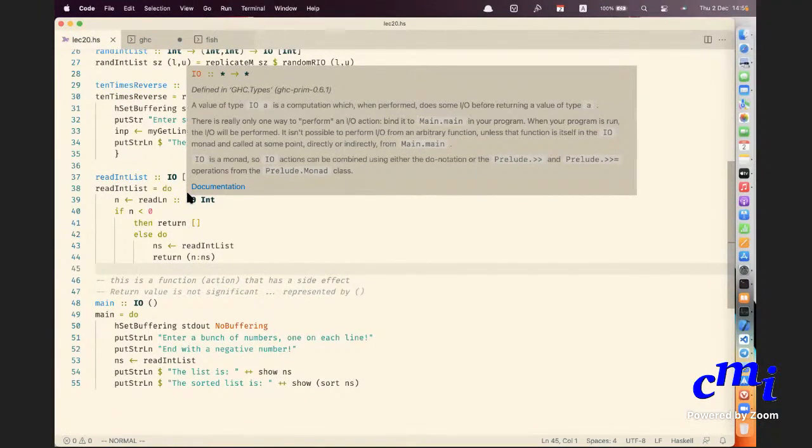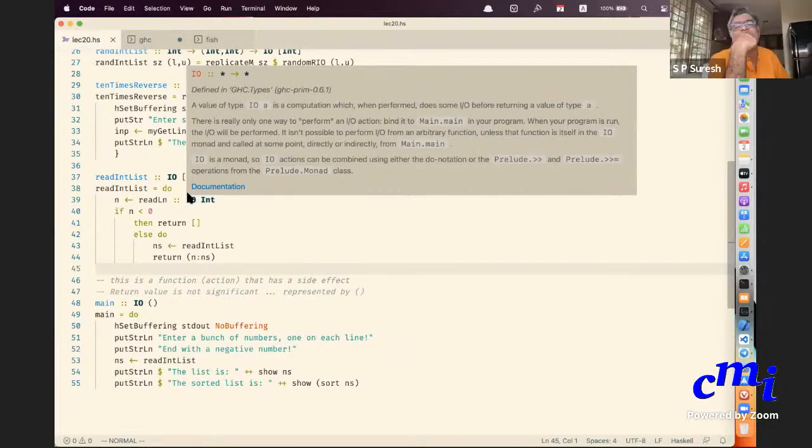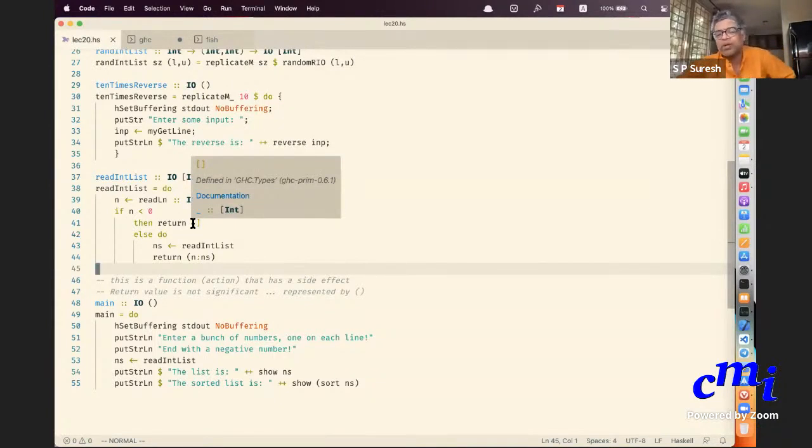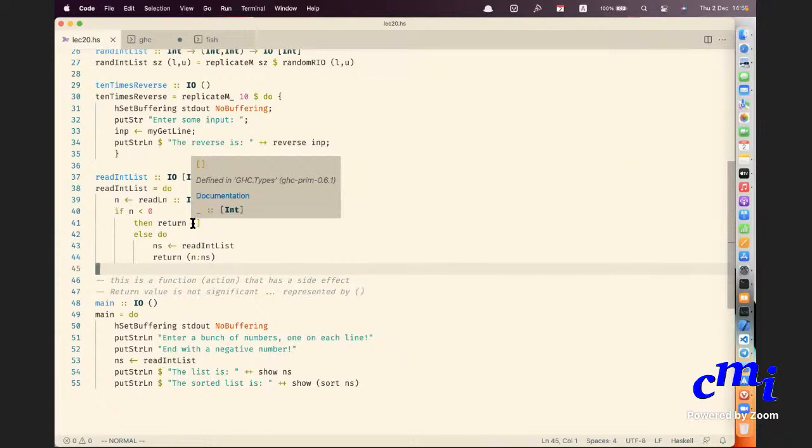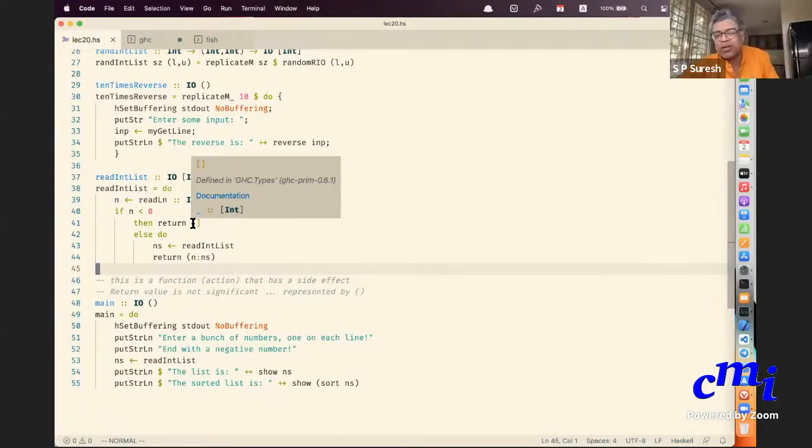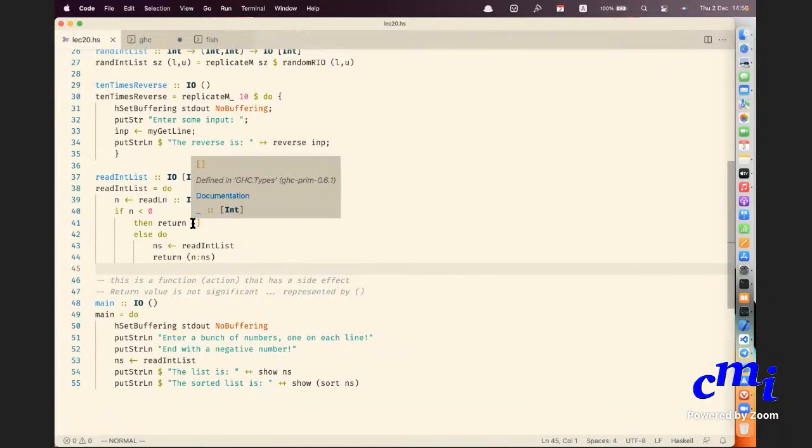In the case of return, return is just promoting something from some internal representation. You don't need to worry. Return might not even change anything to the data value. It is just changing the type. Oh, okay, sir, return is not control return. Okay, it's an unfortunate choice of keyword here. Return is not returning control to the caller. Return just means promote something from type A to type IO A.